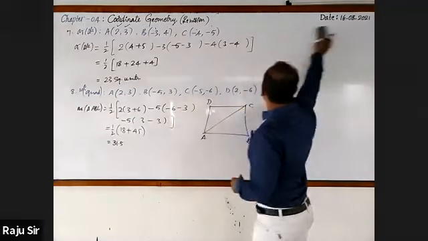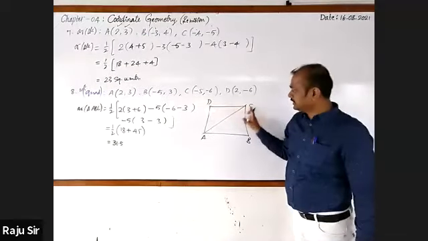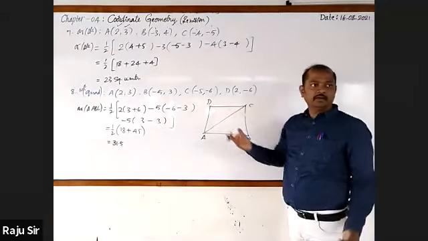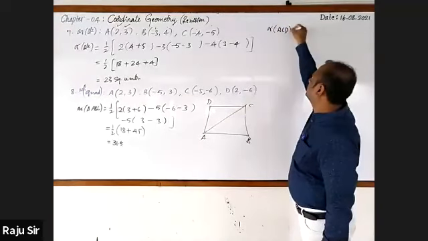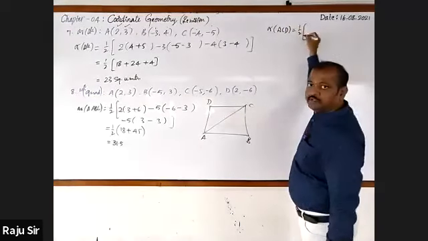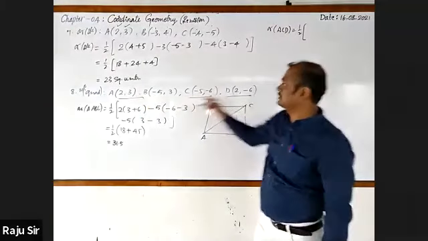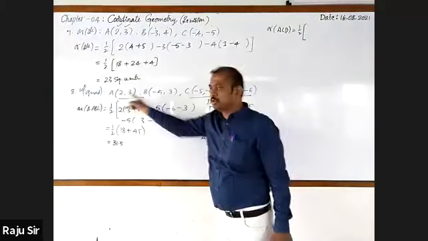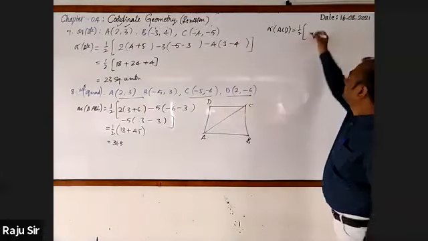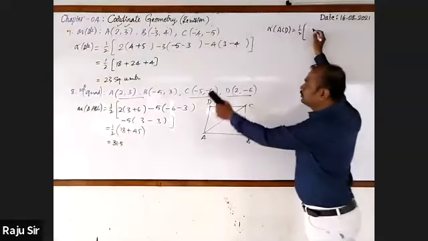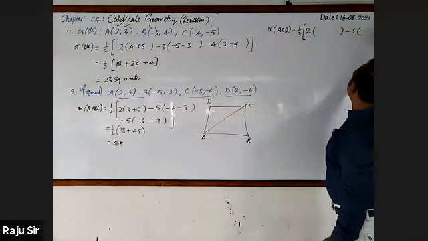Next, we have to find out the area of which triangle? DC, or ACD, however you want. I'll follow the order. ACD. If I take ACD, x1 is 2, x2 is -5, x3 is 2. Here on the right, 2, minus 5, 2. 2 into minus 5 into